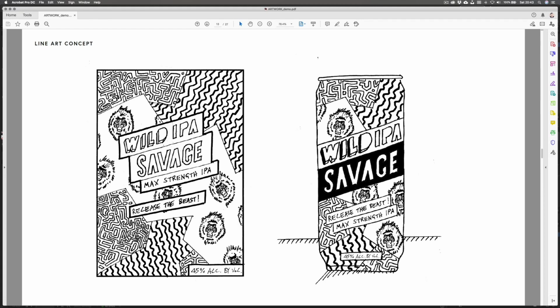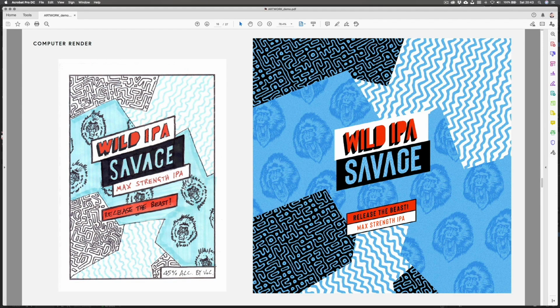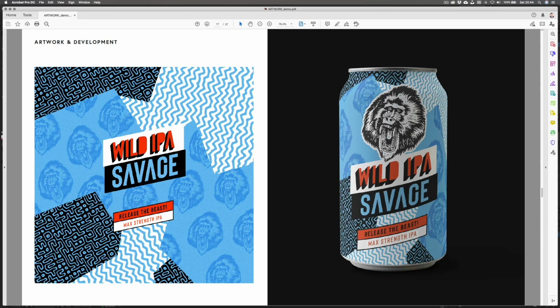And here you can see the initial design on paper. And here is my chosen colorway. And here is how the initial artwork looked developed on the computer compared to my design on paper. And if you look closely, you can see that a few things have changed during the artworking process on the computer. Now, once the initial artworking was done, I then looked at how it would work on a can, as